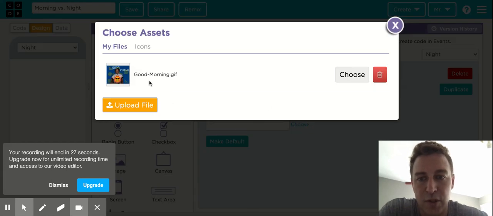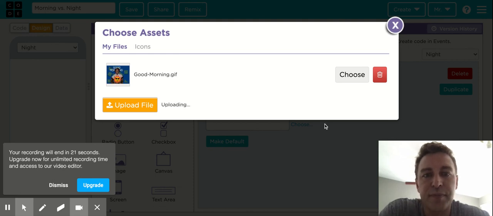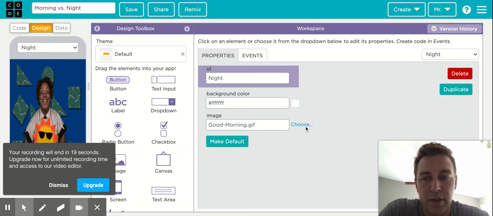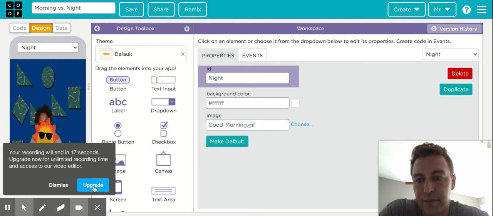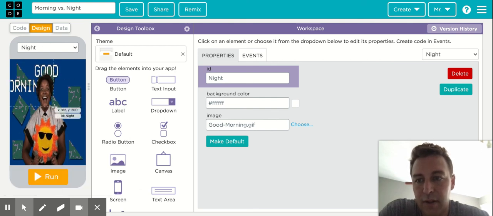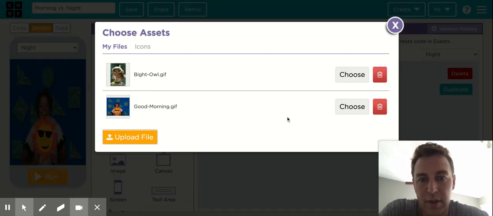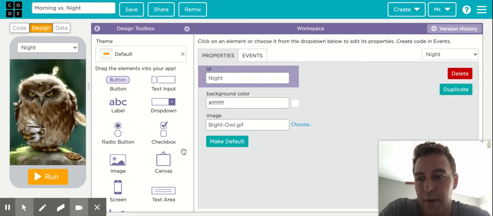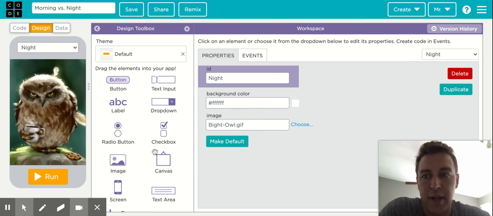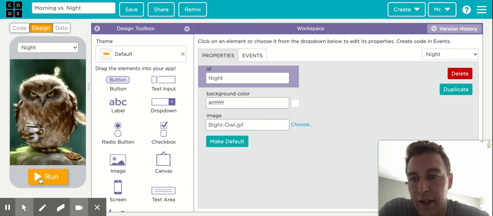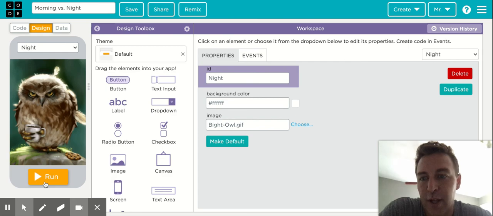I'm going to go to choose. I'm going to upload my file. And here's my night owl. I'm going to choose this one. Oops, I chose the wrong one. Right there, choose this one. All right, so here's my night owl. Now I'm designing this, but I want to add